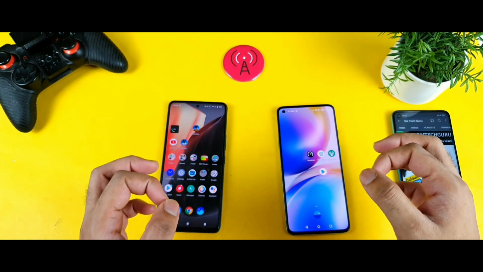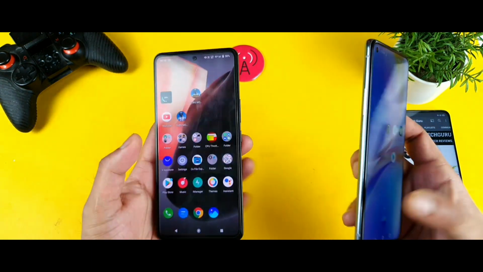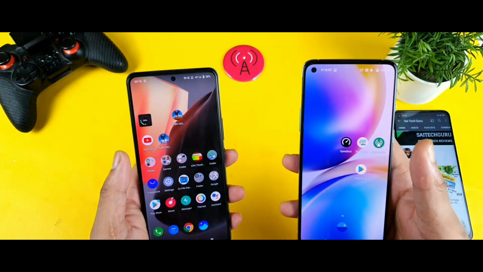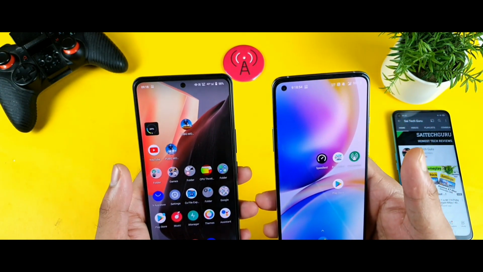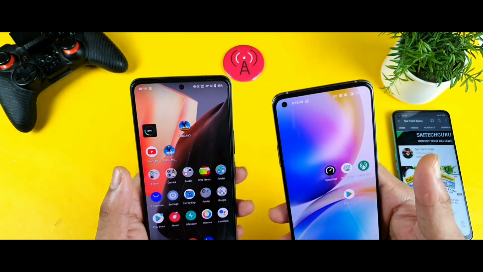In today's video, I'll try to do the 4G plus aggregation support test and the speed test comparison between both phones, which are the iQOO 7 versus the OnePlus 8T device, as you can see. So I'm trying to use the Jio SIM card. This is an extreme indoor type situation. Let's see which phone has got what type of band and what carrier aggregation, whether they were able to get